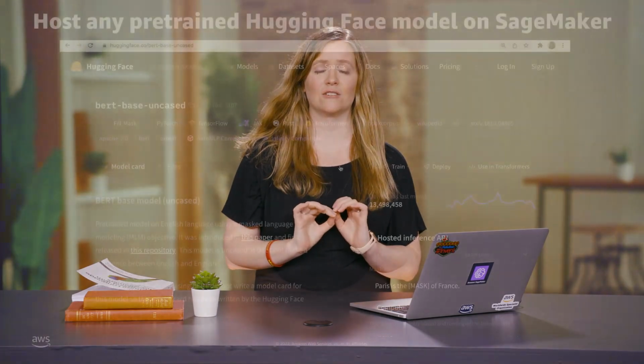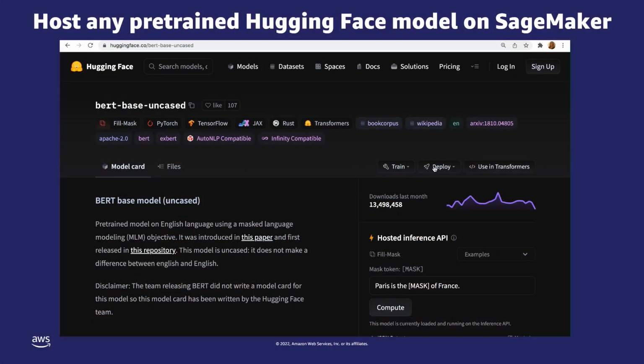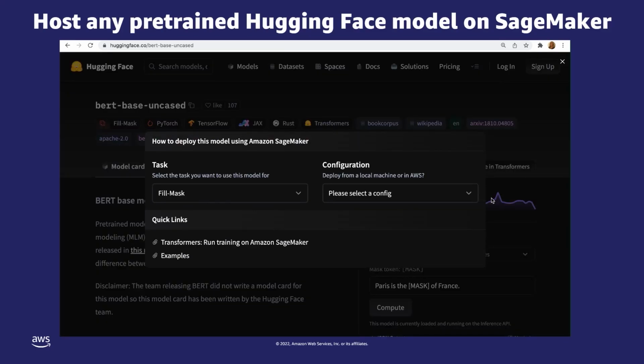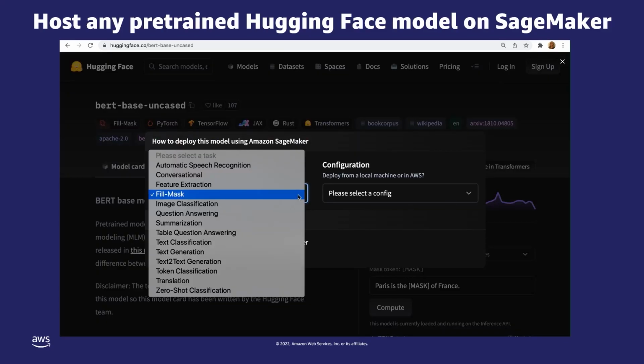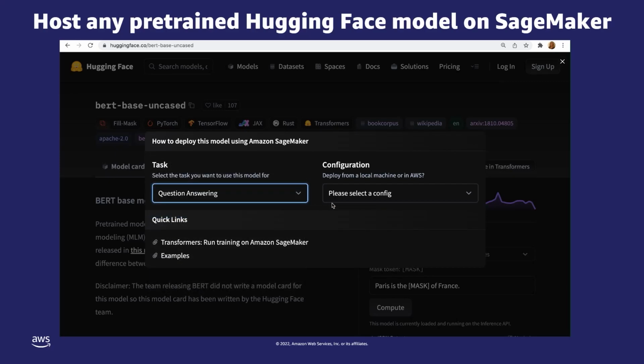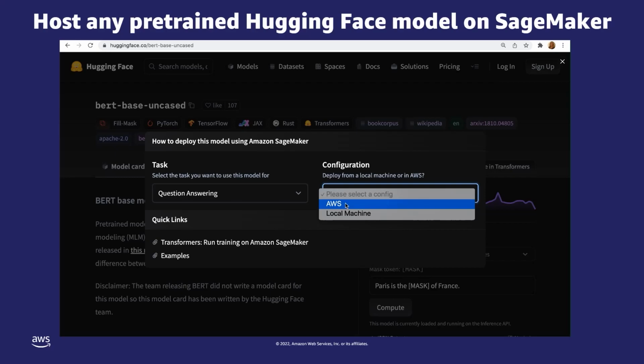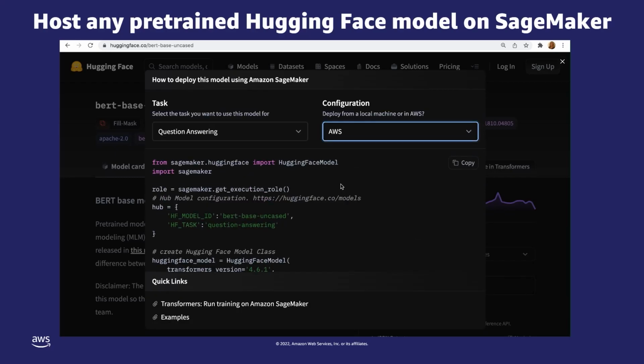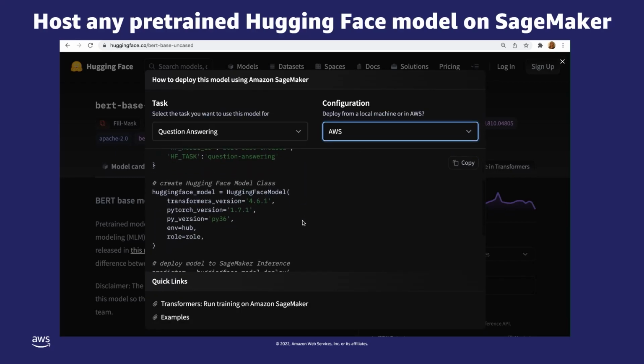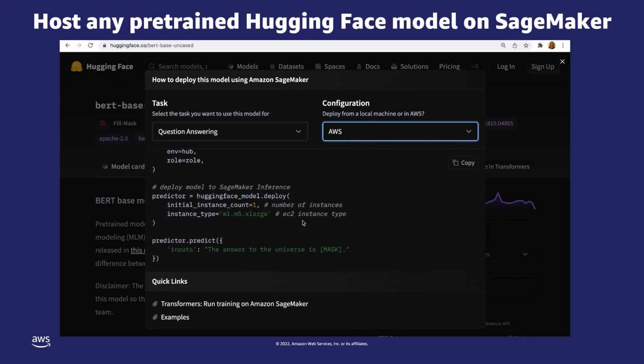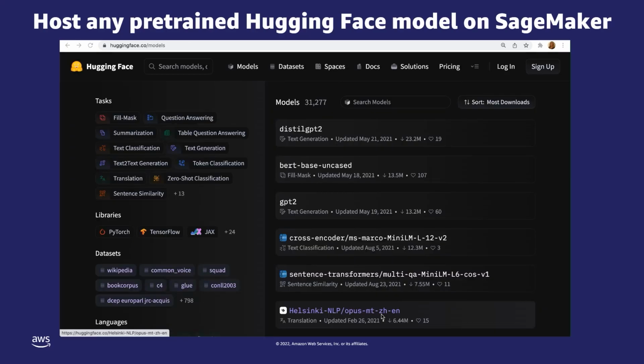All right, so the good news, my friends, is that you can host any pre-trained Hugging Face model on SageMaker. Let me say that again. You can host any pre-trained Hugging Face model on SageMaker. It's super easy. For all of those tens of thousands of very interesting, very complex, very high-performant NLP transformer-based models sitting out there on the Hugging Face Hub, you can host any of them on SageMaker, and it is desperately easy to do this.